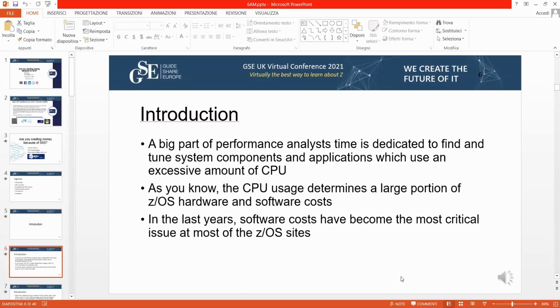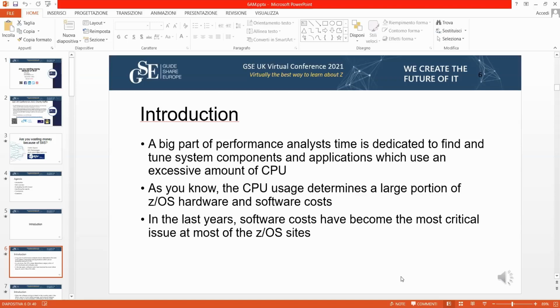A big part of a performance analyst's time is dedicated to tuning components and applications that use some amount of CPU. This is why CPU usage is the driver of the costs in all possible ways on a mainframe, on a z/OS system. And so it's very important to understand who is using the CPU. This was true with the way it's been used in these last years, using the 4-hour rolling average.